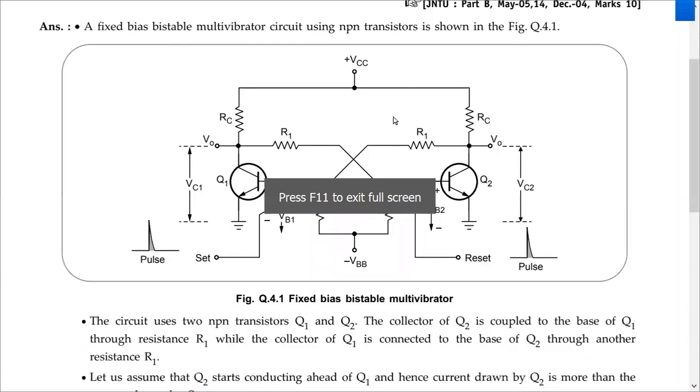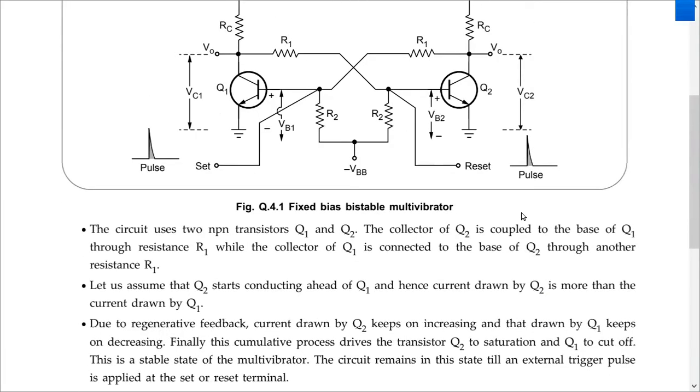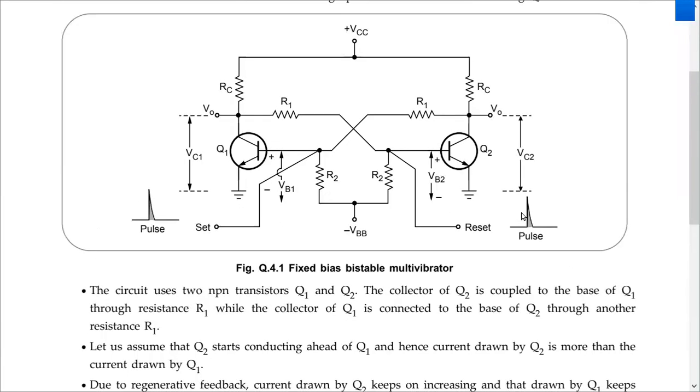Okay, thank you. So in the previous class, we were discussing bistable multivibrator. It is very important to understand how the transistor switches, and then how we are getting the particular stable states because of the switching of the transistors. It is very important to understand, because if you understand this, understanding the next topics, which are monostable multivibrator and astable multivibrator, becomes easy.